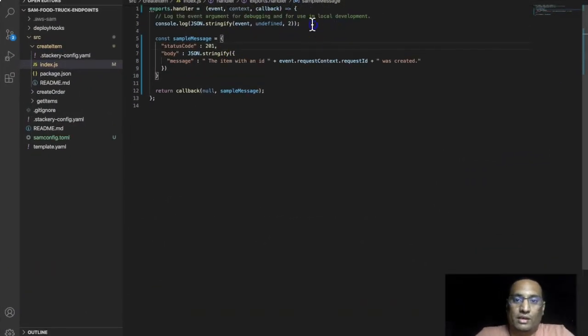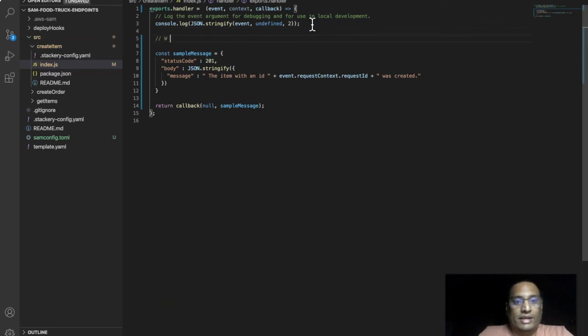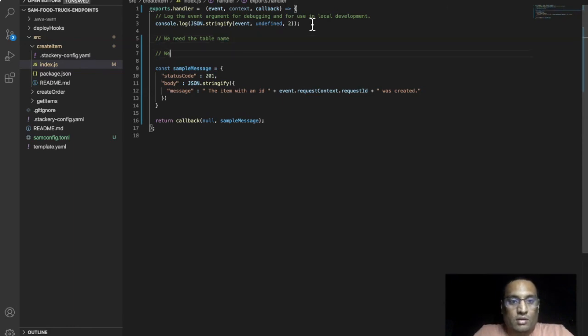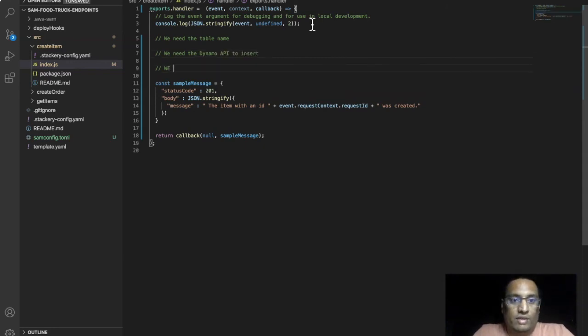So what we need here is the table name in which we are going to insert. We need the Dynamo API to insert, and we need to return the value. The table name can be derived from the template YAML.